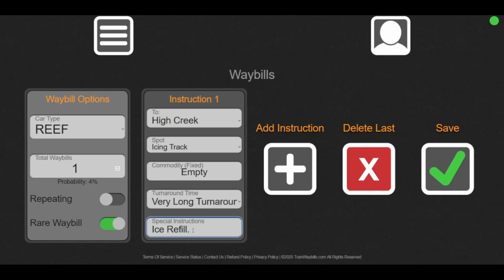So you will see that on the waybill. Basically, as soon as this gets issued to this reefer, it's going to get refilled with ice. It will then get removed from the reefer, and the reefer will get a new waybill, or it will return to its yard that you selected on the car itself. So there's different ways to use waybills,